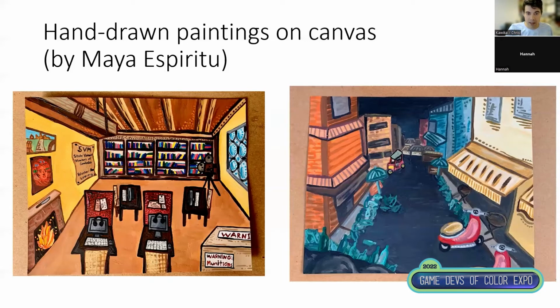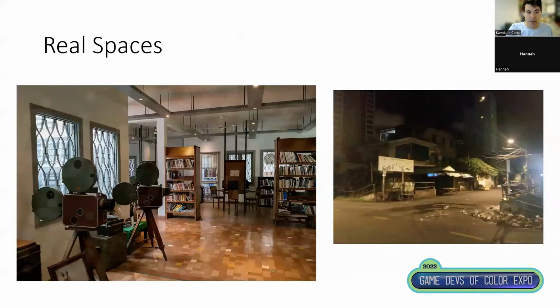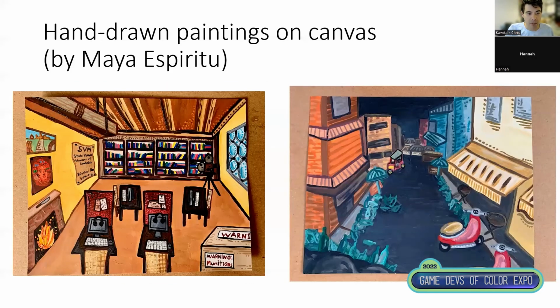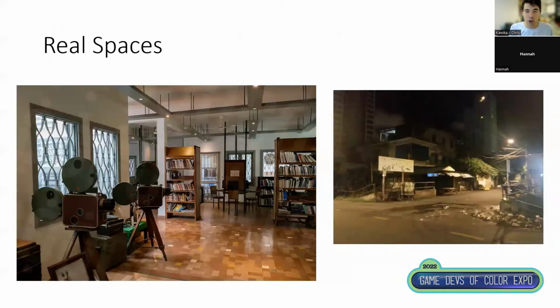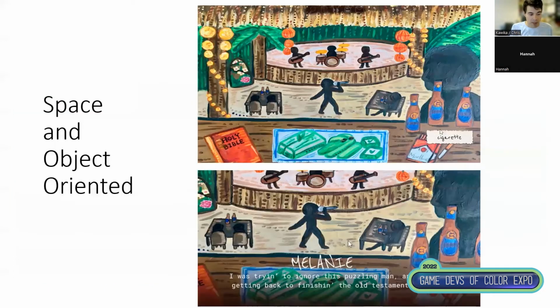So these spaces are also based on actual photos and spaces that I had been to or continue to go back to. The photo that you just saw, for example, on the left is from Bopha Center in Phnom Penh. And on the right, sometimes it's just a street where things might happen. So these scenes are based on these real places, and the episodes focus on the spaces through this kind of point and click genre. So it focuses on particular objects that reveal multiple layers of the travel stories. I'll leave it to our lead designer or lead programmer, Hannah, to give us a bit more details on the design decisions that we made in developing these sections.